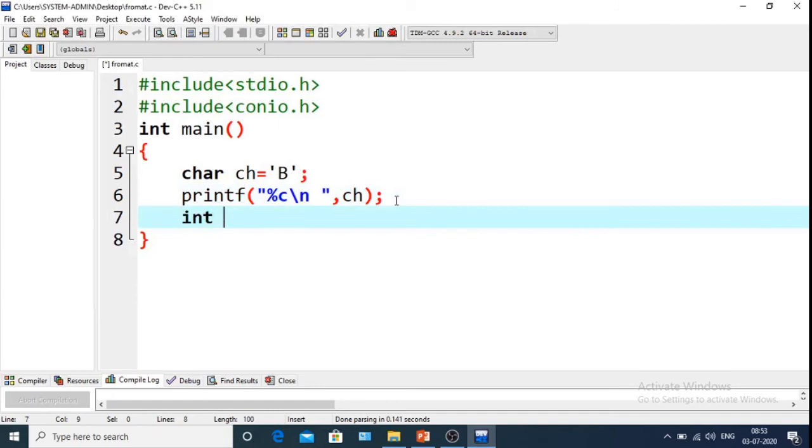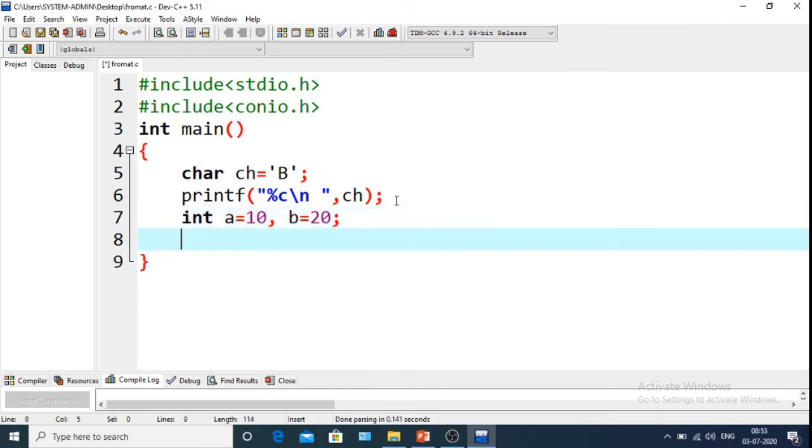Next, take an integer, int a equals 10, b equals 20. Suppose printf %d \n. I'm taking the \n because I'm printing many things so that they are not on the same line. There is nothing special with this format specifier.